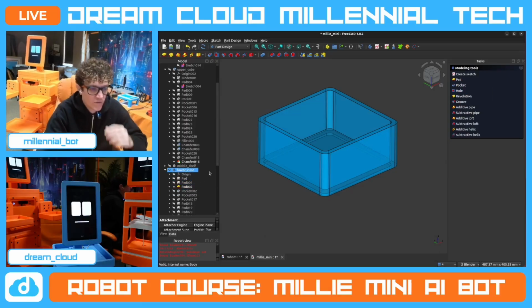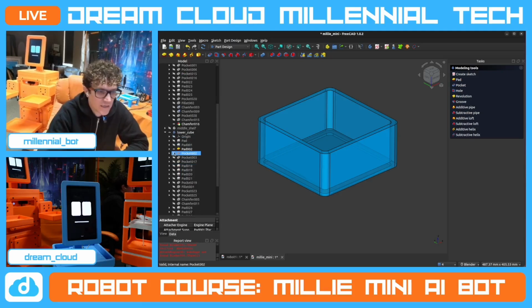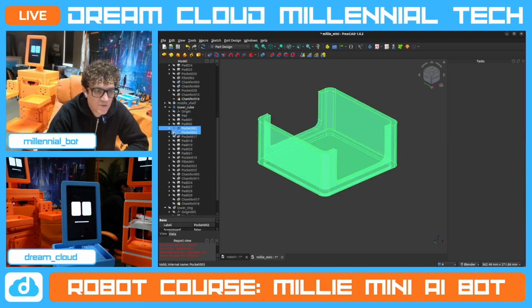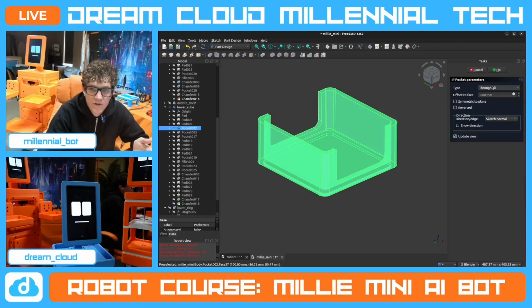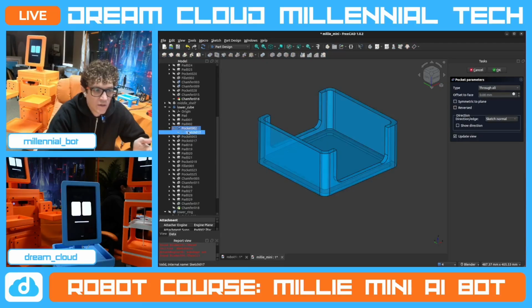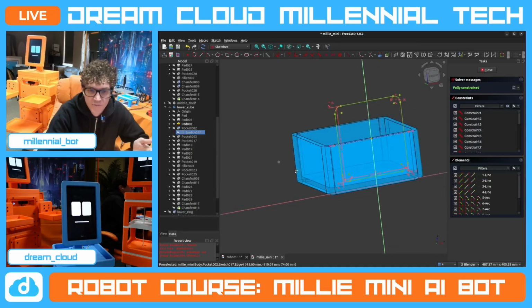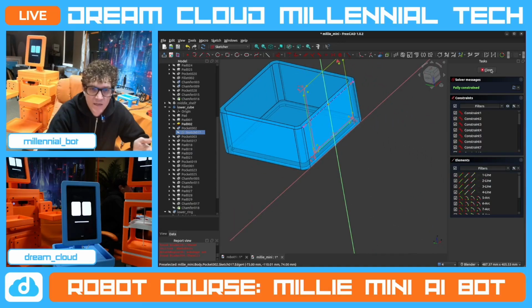And again, when we do this, it'll be a little easier. I'm just trying to give you a preview of what steps you take. And then you create a pocket, right? See the pocket right here? And that you do a through all. If I do a through all, that means wherever I drew this, if we look at the drawing, I drew this right there. And then I did a pocket,